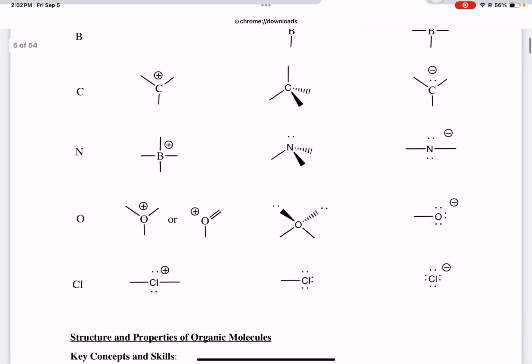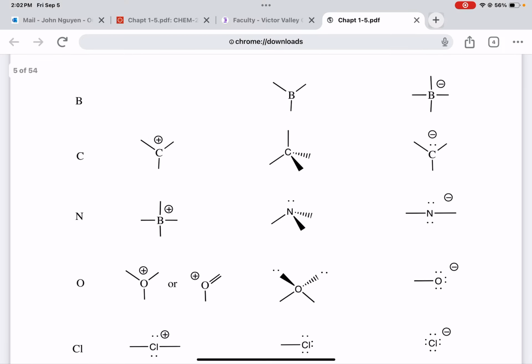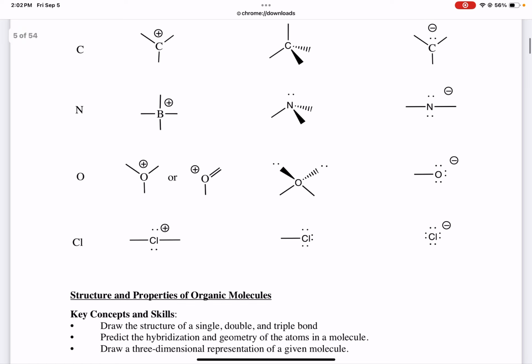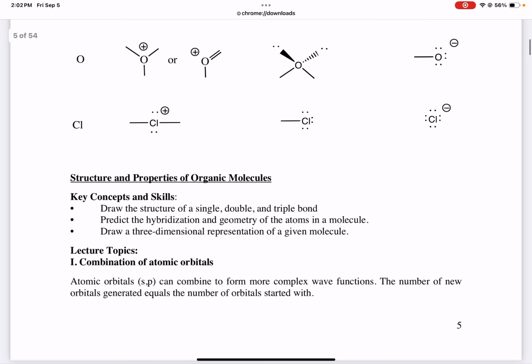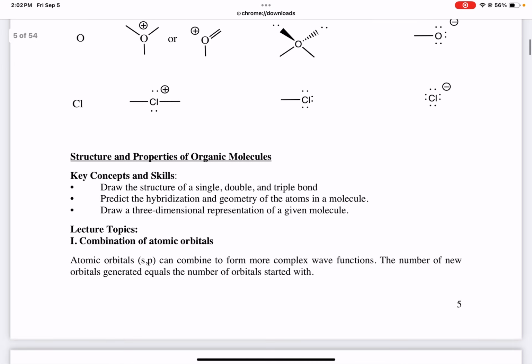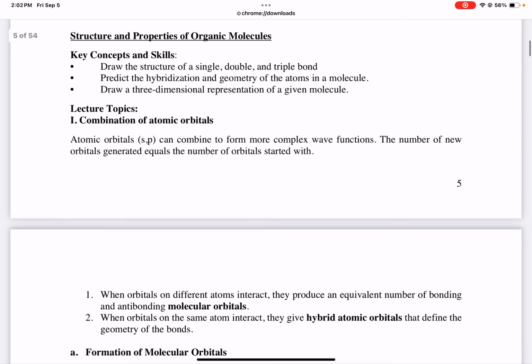All right, same pattern for other things, and that's a typo right there. That's nitrogen's. Boron has its own. Boron is the first row, and then carbon, and then nitrogen. So that should be nitrogen instead of boron for nitrogens. And oxygen too, okay? Chlorine, those are the bonding patterns. If it's not neutral, if it's something else different, it's going to be either negative or positive. Anything is possible there. Okay, now we're moving on to